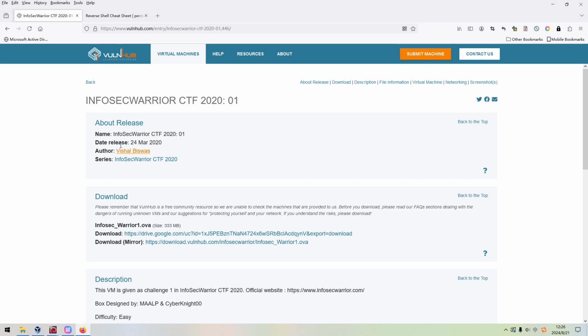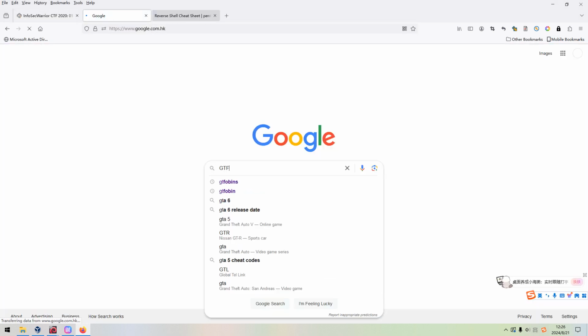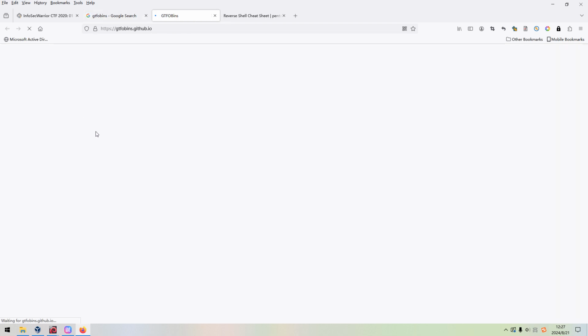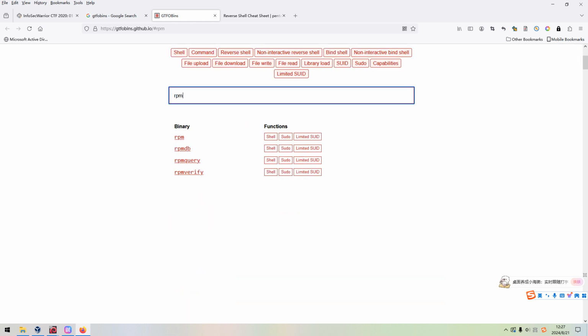We can go to the website, maybe I cannot remember the website very well, GTFOBins, which contains a lot of instructions for utilizing binaries to elevate privilege. For example, this case should be RPM, and we can go to sudo.